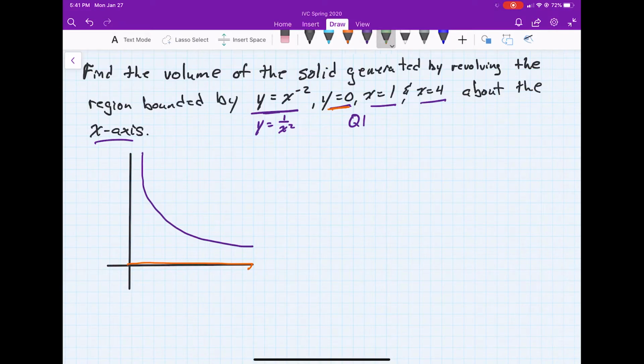Let's do that in green. We'll put that here. And really, I should be labeling these. So let me go back and label these really quick. So this is x equals 1. This was y equals 0. And this curve is y equals 1 over x squared. And to get one other color, I guess I'll use light blue. And that's going to be x equals 4. We'll put that right here. Again, this might not be perfectly to scale, but it gives us a rough sketch of where our